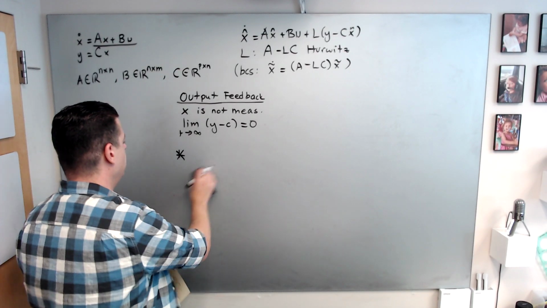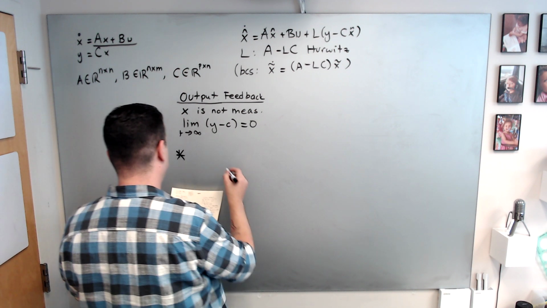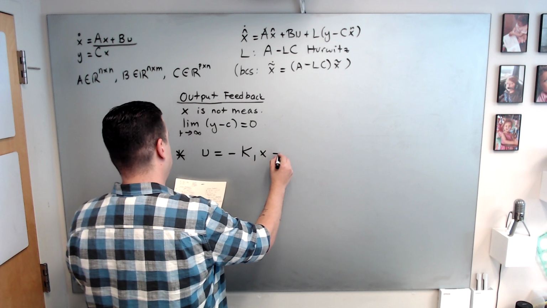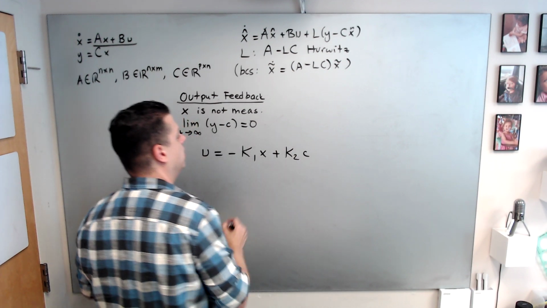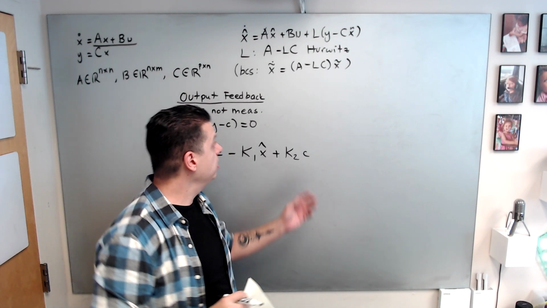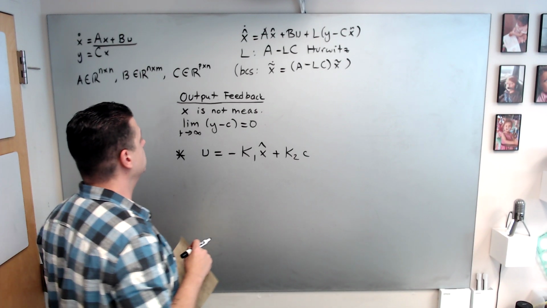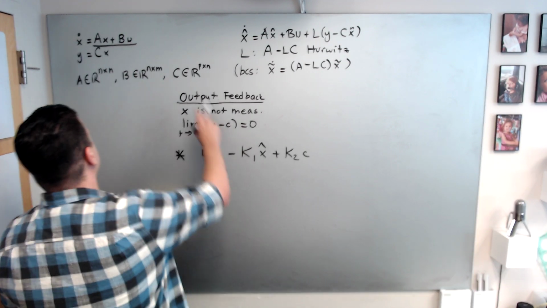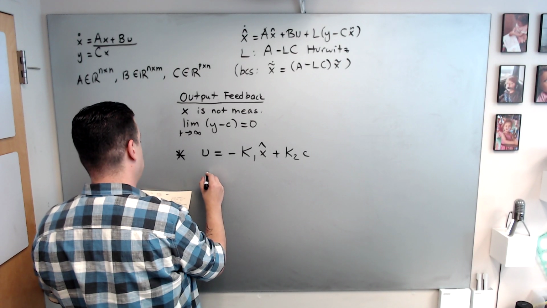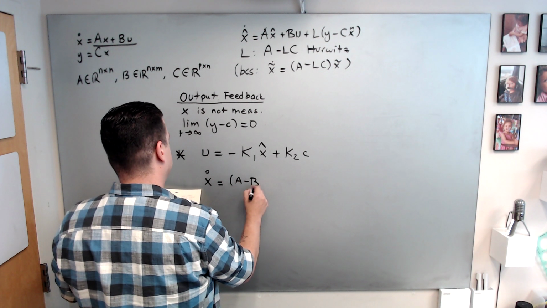All right, now let's talk about what will be the changes for the first controller. In this controller, for the state feedback case, we were using this. Now all you need to do is to replace x with x hat. X is not available. We can get x hat from here, so we need to implement this controller. If you plug this into the original system, you are going to get x dot equals (A minus B K1) x